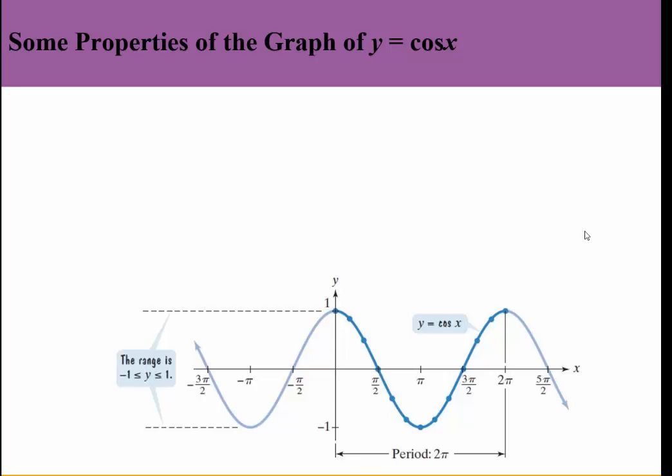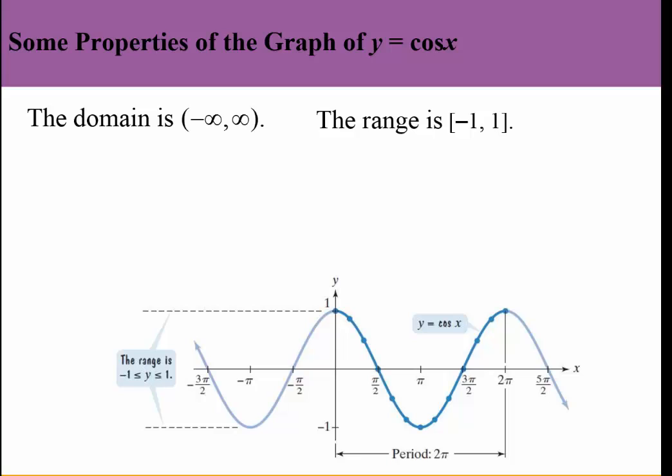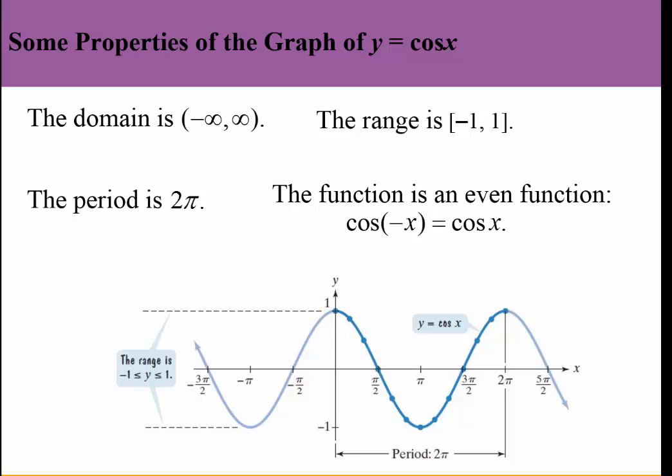All right, now some properties of y equals cosine x here, and we talked about this with sine as well. The domain is negative infinity to infinity. Range, negative 1 to 1. Period is 2 pi. And the function's an even function. The cosine, when you replace x with negative x, cosine of negative x equals cosine x, if you remember those negative angle identities we talked about. And I always tell my pre-calculus and algebra students an even function has